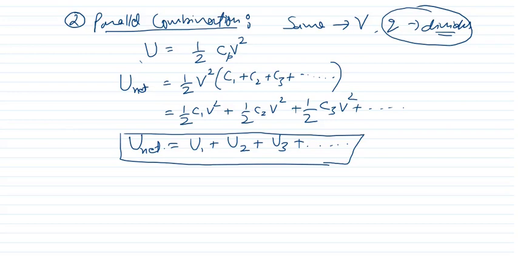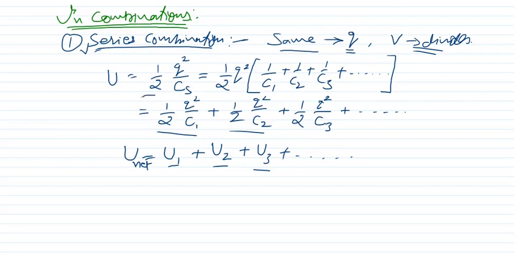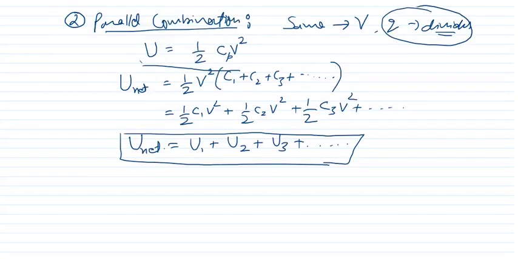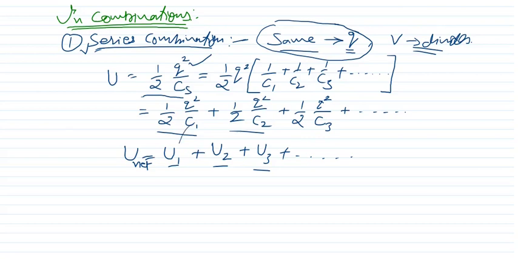So therefore why we have used this formula, which is different from what we have used in this formula? Because I have told you here Q is same, that is why here we are having Q which is same, and here in this article same is potential, so we have used this formula where the Q is not there, V is there. So from both formulas, you come to know that in both the cases net energy is equal to sum of energies stored in individual capacitors. Individual capacitors, and here also individual capacitors. Clear?